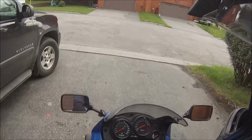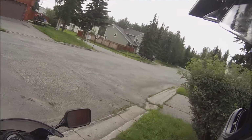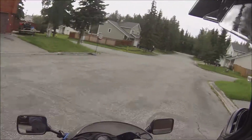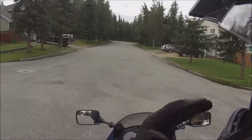Hey guys, Keith of Alaskan Dual Sport here, and I've been trying to get this Ninja put together for my buddy, and not having a lot of luck with that. Ended up we need to order a couple valves, so we're waiting for those to come in the mail. And in the meantime,